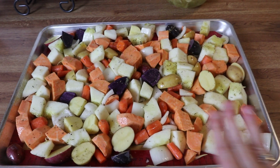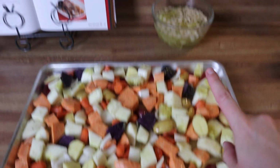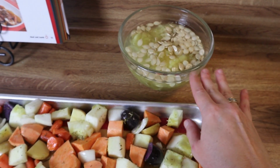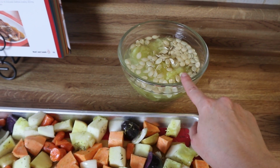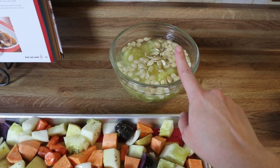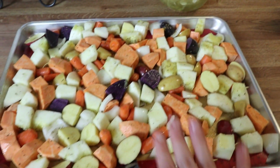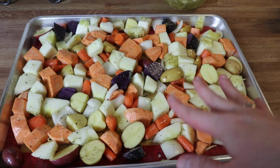Okay, so I've got all of my vegetables well seasoned and they are ready to go in the oven. I've got my seeds back here soaking in some water for a couple of hours, it'll help separate the seeds from that stringy bit. You can roast these, but I'm going to dry these out and plant them next year. So I'm going to pop this in the oven for about 20 to 25 minutes and then we'll flip them